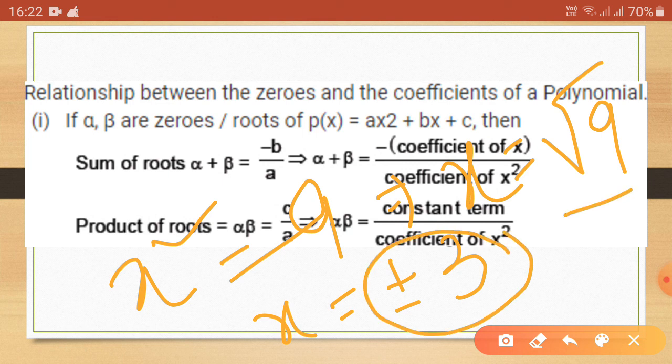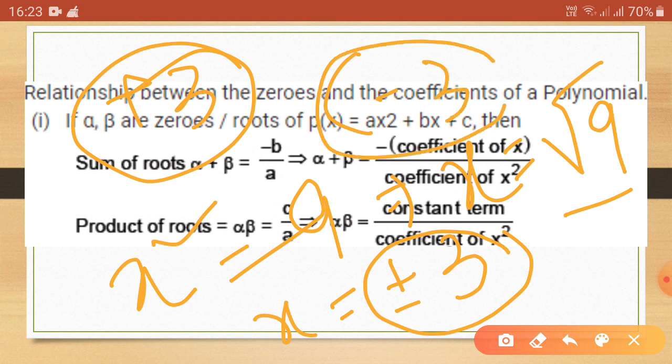So basically we got x is equal to plus 3, and also x is equal to minus 3. Okay, so we got two values of x, that means the variable, one is plus 3, another one is minus 3. If we put these values into the expression, which expression? Already we have taken 3x square minus 27. If we get the result 0, that means all these values of x are the roots or zeros of this expression. So here we got x equal to plus minus 3.